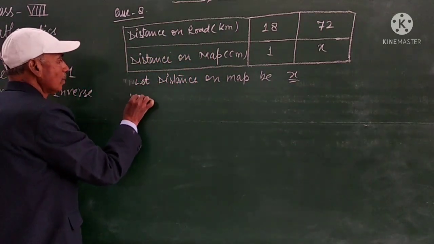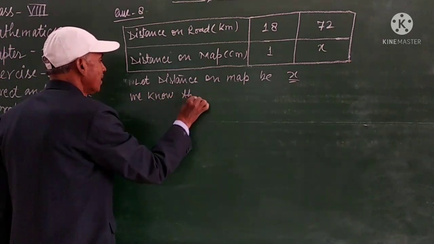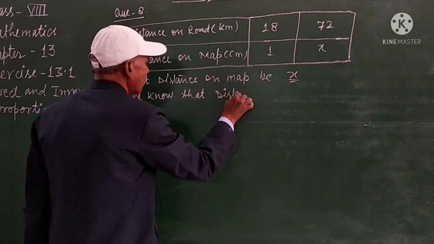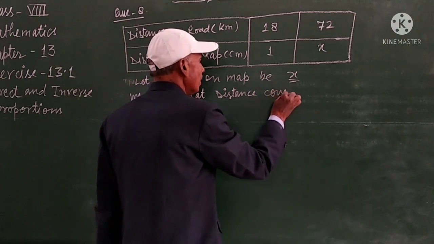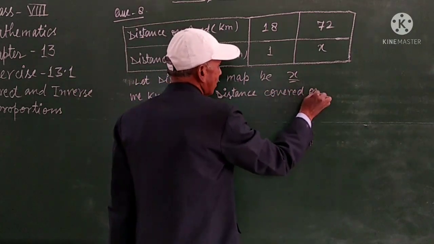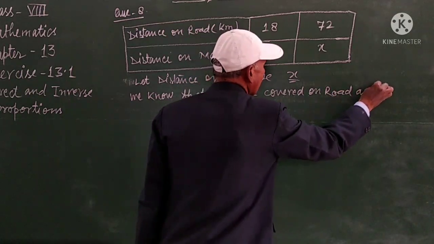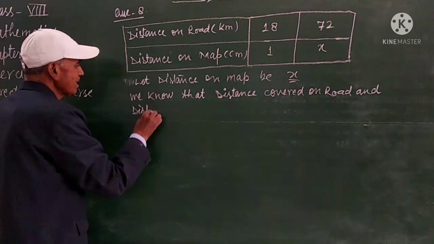So we know that distance covered on road and distance on map